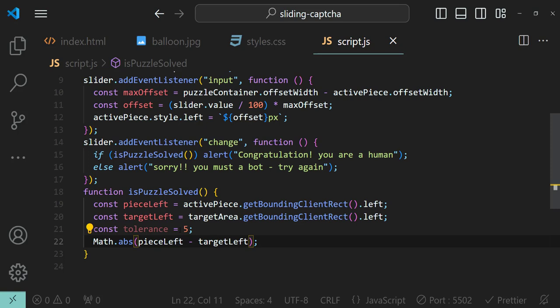So absolute will give us a positive value. So once we get that absolute value, now if this value is in the range from 0 to 5, that is if the difference is between 0 and 5, then it's okay. We have passed the test. So if this value is less than or equal to